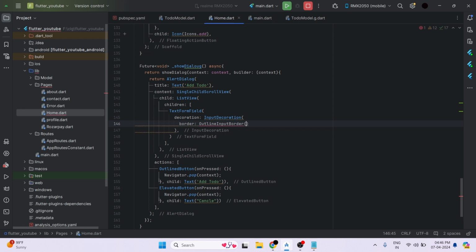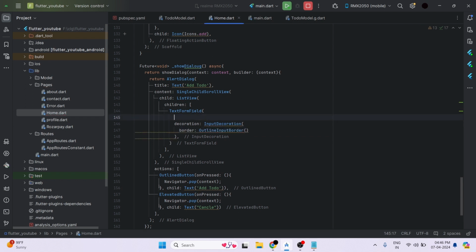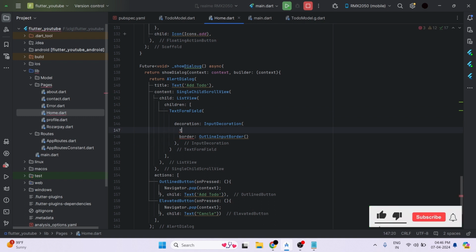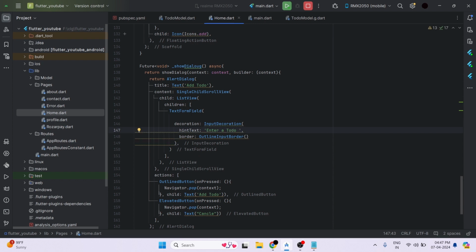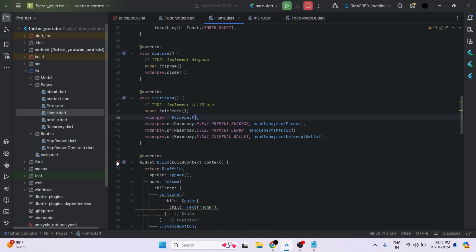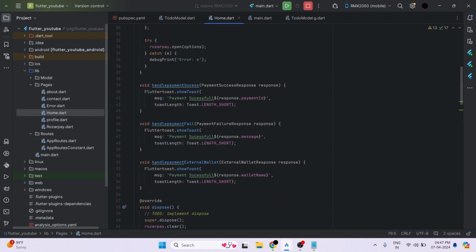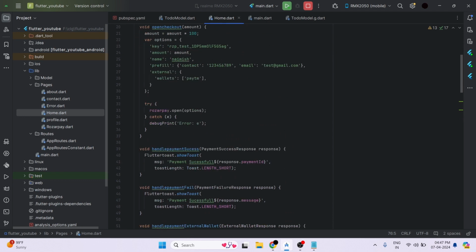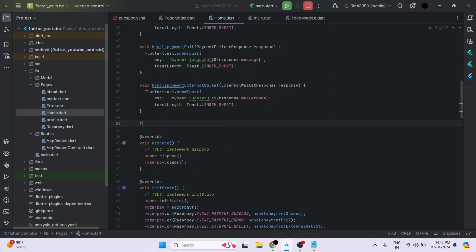Here we add decoration and the InputDecoration. In the outline border, we simply add the hint text. And we create two controllers. Enter a to do title,